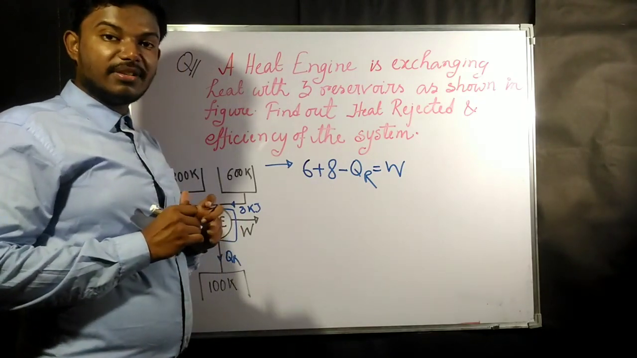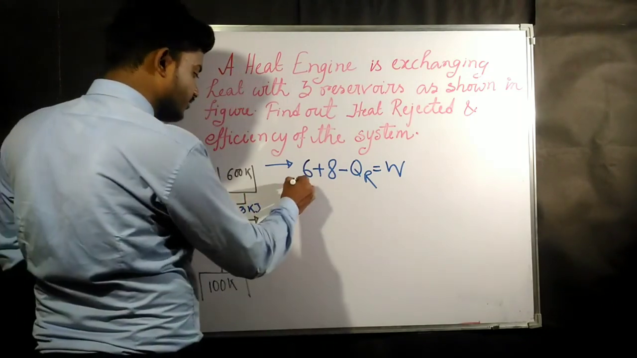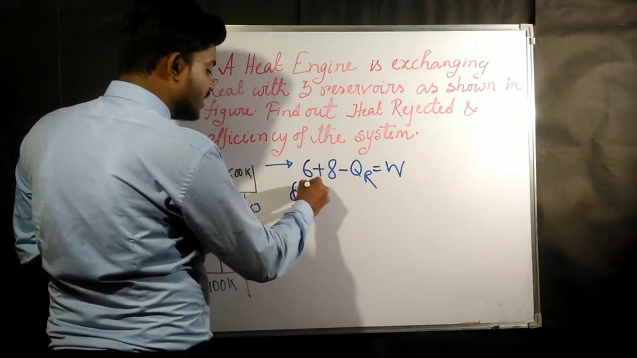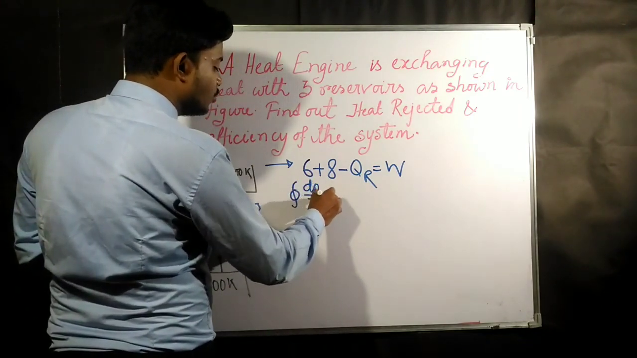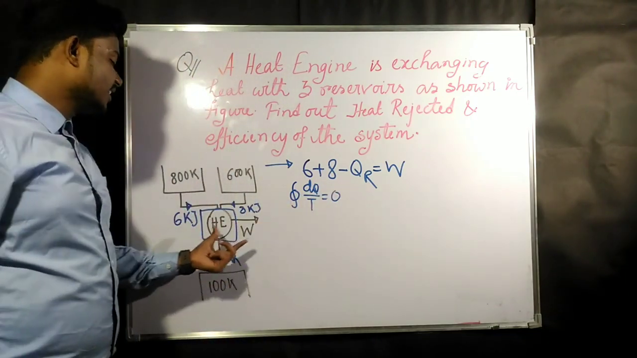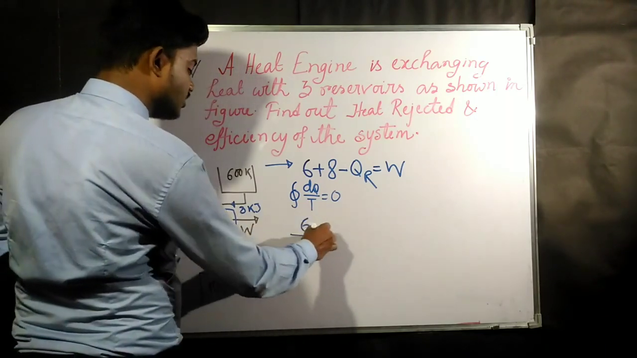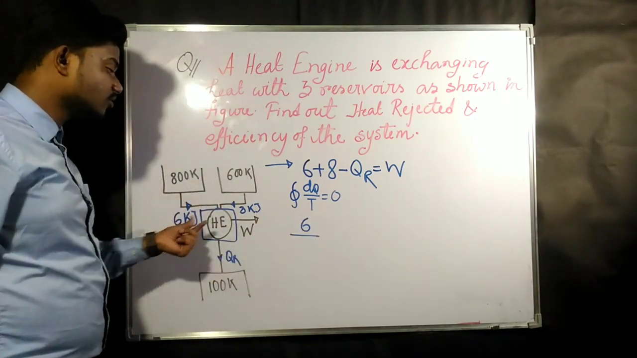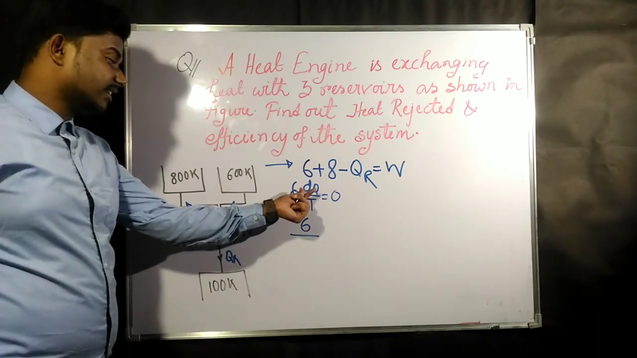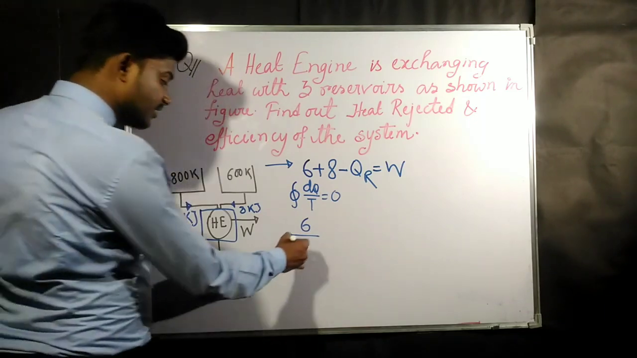Okay, now from the second law we have found out another equation. From the second law, what we have found out? We have found out that cyclic integration of dq by T is going to be always 0. Now this is a cycle. Okay, and cyclic integration means, cyclic integration of this would be what? 6 kilojoule is coming out from what temperature? 6 kilojoule is the amount of heat that is getting exchanged. Okay, so 6 divided by the temperature is 800